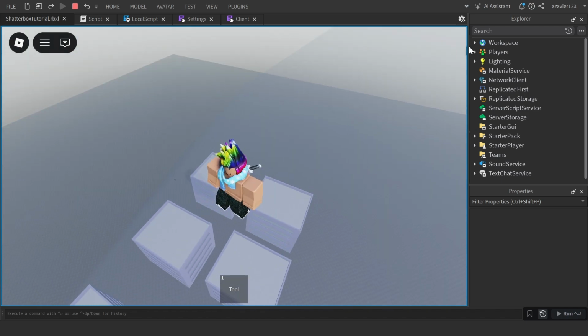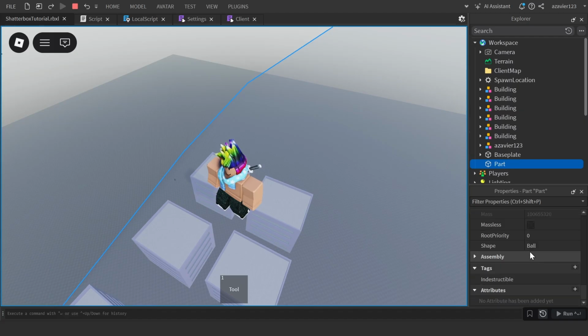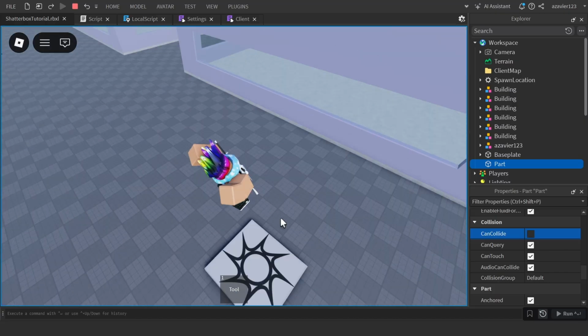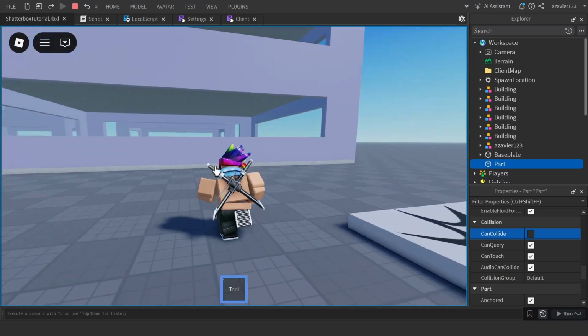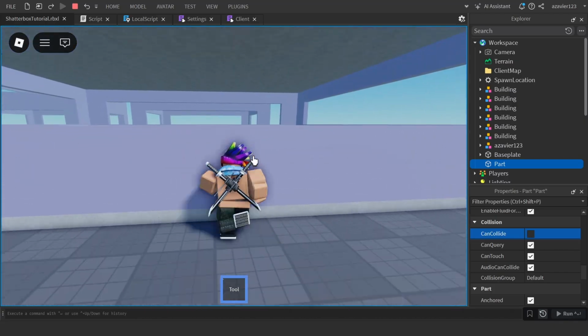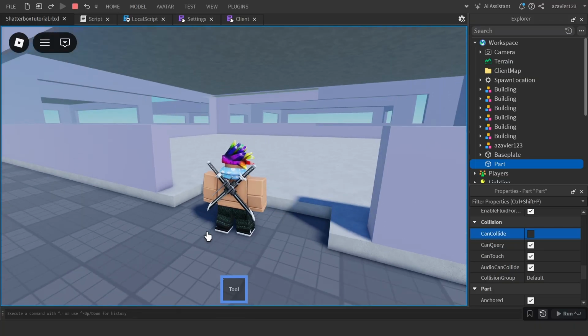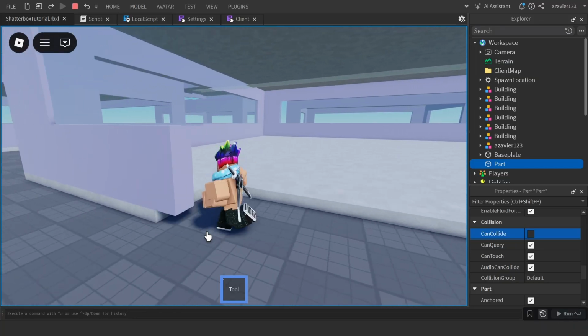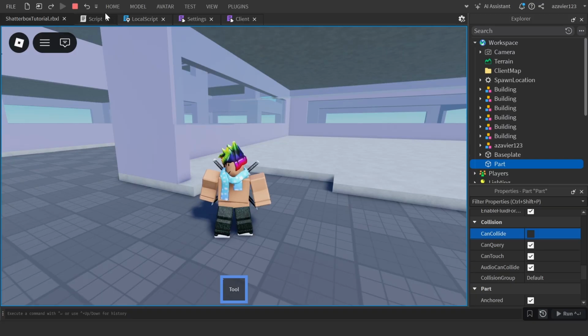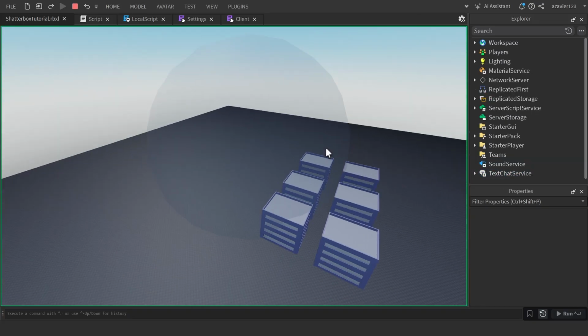Maybe I should not have this here. I'm just gonna set can collide to false. Okay, so boom, we've got destructions appearing instantly on the client side, and if I go pop into the server-sided view,